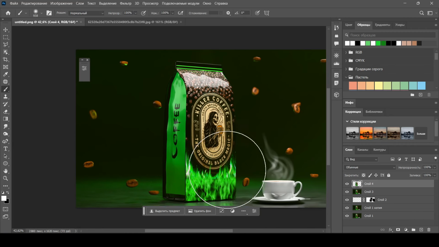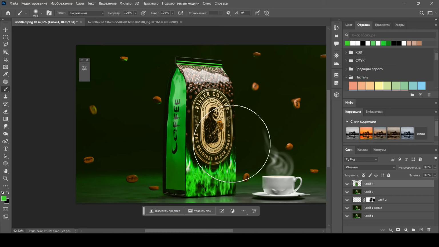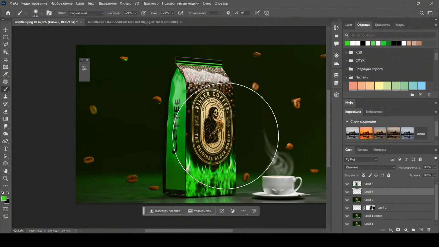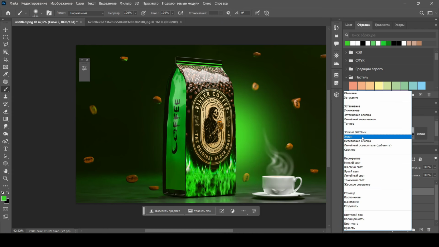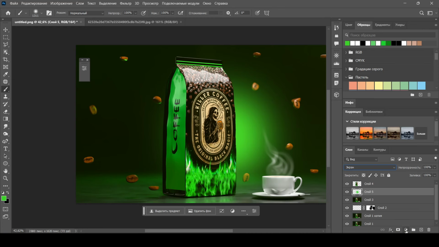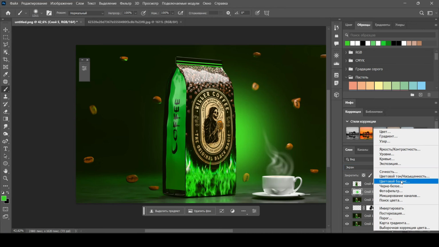Now I select a soft brush. If you hold down Alt and the right mouse button, then by moving the mouse either to the right or to the left, you can edit its size. I simply press Alt and left click to take a color sample from the sidewall that is green. I create a new layer and set it under my layer with the coffee packaging. I also create a